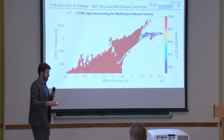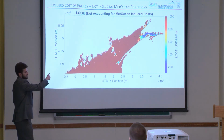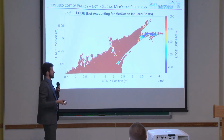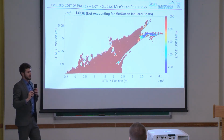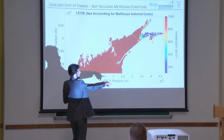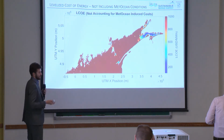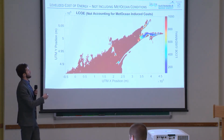So everything I've just said has been trying to develop a more holistic view. This plot here shows what I would call the usual site assessment method, in that all it takes into account is flow speed, generation, electrical losses, and it assumes that every operation that you perform is successful. As you can see, we're getting down to below $200 per megawatt hour, maybe even as low as 100, so we're competing with offshore wind. Brilliant. Except it's not true, because when you take into account all of the O&M costs,